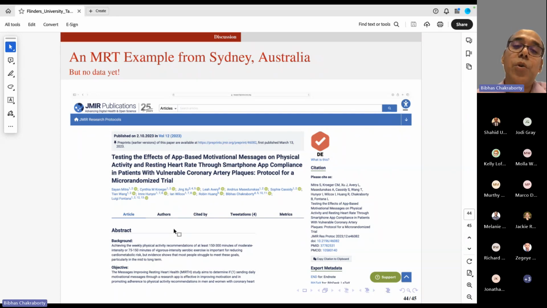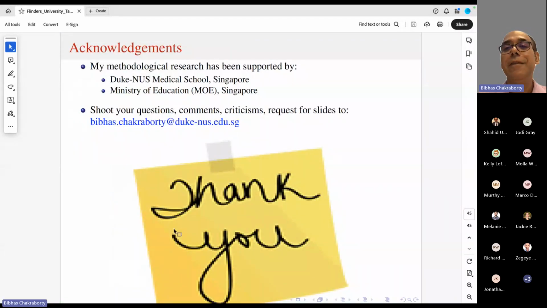Okay, I just wanted to show that, to my knowledge, there is one study that is happening in Sydney. I've been working with this group at University of Sydney, and this is just the protocol. We don't have any data yet, so unfortunately, I could not show you any results, which I thought might have been more interesting to you all. But maybe next year, sometime it might be available. Okay, that's all from me. Thank you. You can take questions now.